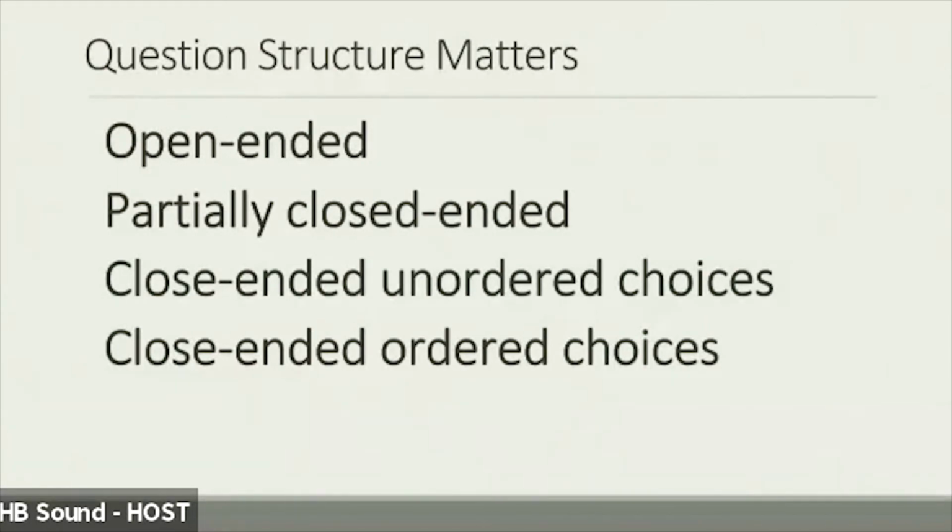Closed-ended, unordered choices. This is when you've got a couple of different choices, but there's no inherent scale in it. So, which of these information sources do you use for cover crops? You list 4 or 5 different information sources and they select the ones that they use. There's no inherent hierarchy to those answers. Closed-ended ordered choices are the ones that have any kind of scale: excellent, good, fair, poor, strongly agree to strongly disagree. All those scale-type questions that we have. Did I say that one already?